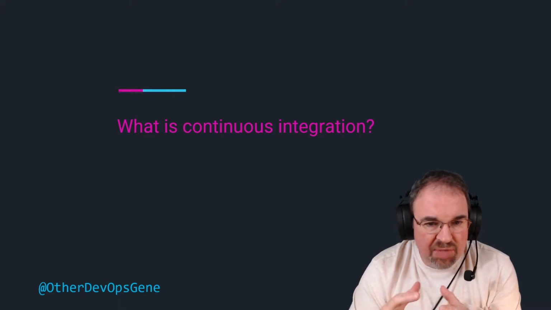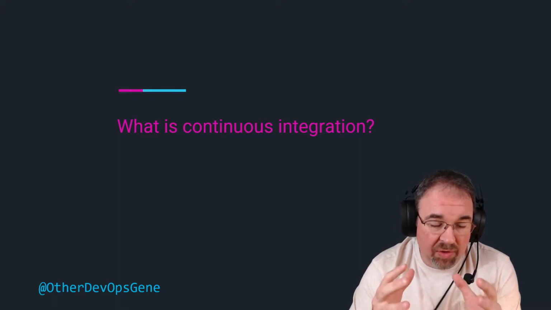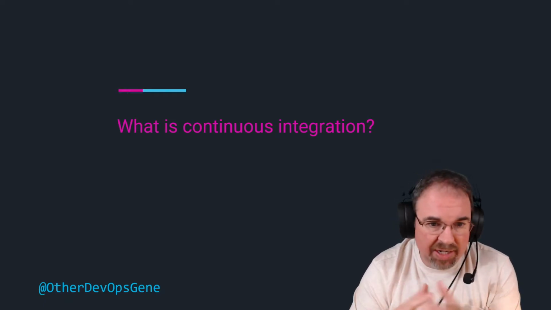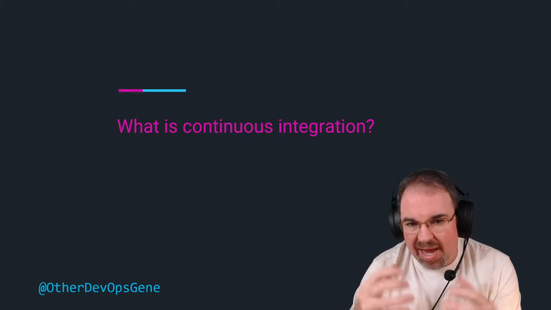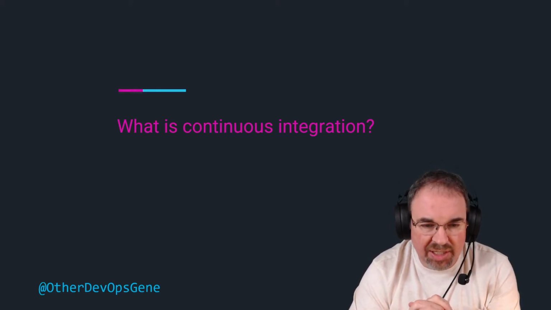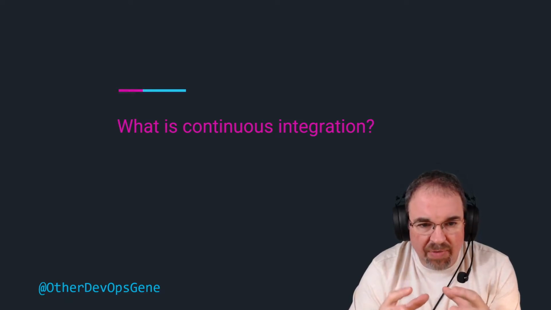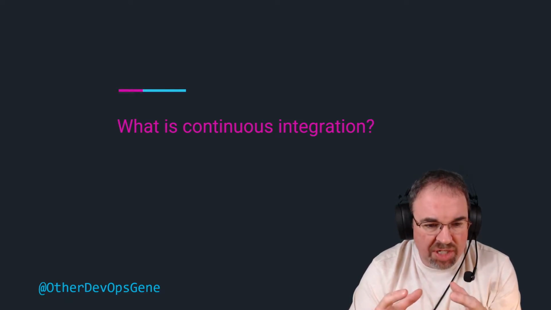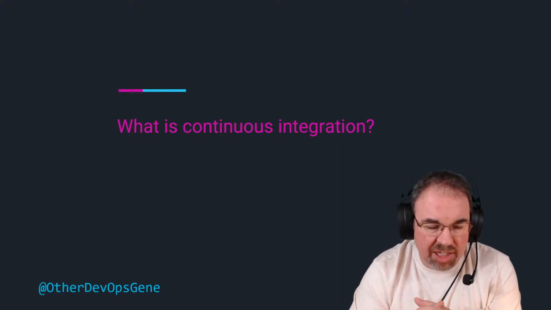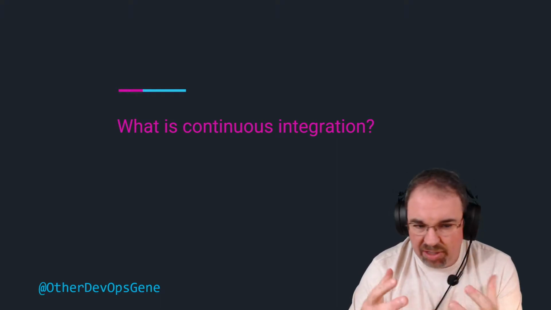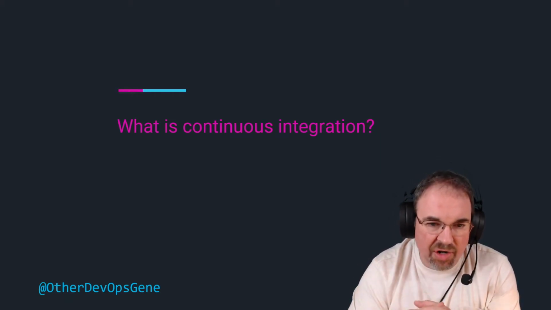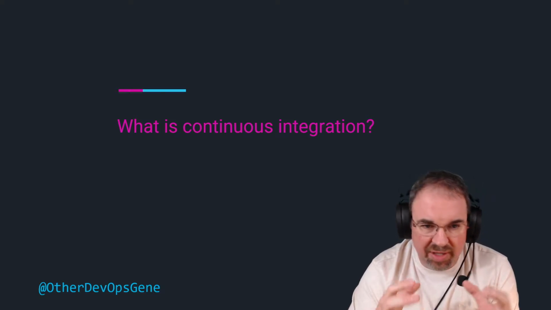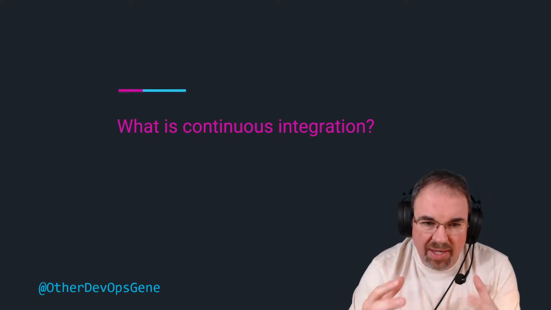The idea is if you do it in small enough chunks, first of all, you lessen the chance of stepping on each other's toes, and even when you do step on each other's toes and make changes to the same class or non-compatible changes in classes that are working together, you end up doing it in small steps, so that it's easy to back it out or make adjustments, so that you're not running into what used to be called integration hell, which is where there are so many changes and it's so hard to get your code to work with some other developer's code and their code working with your code, and just avoiding that.